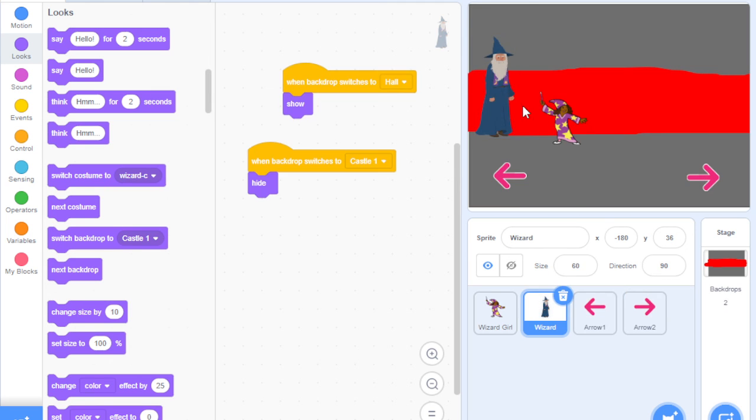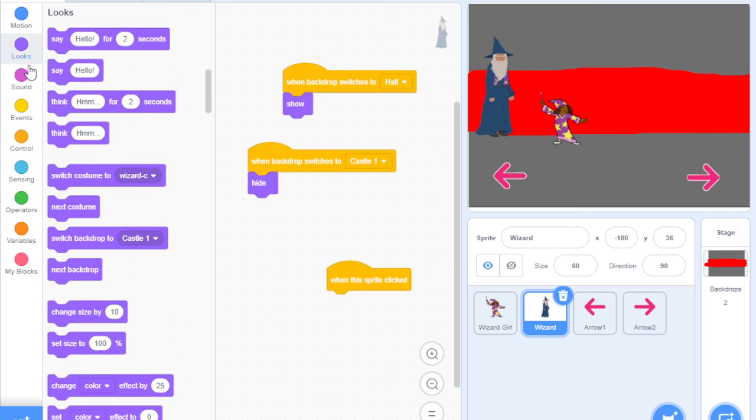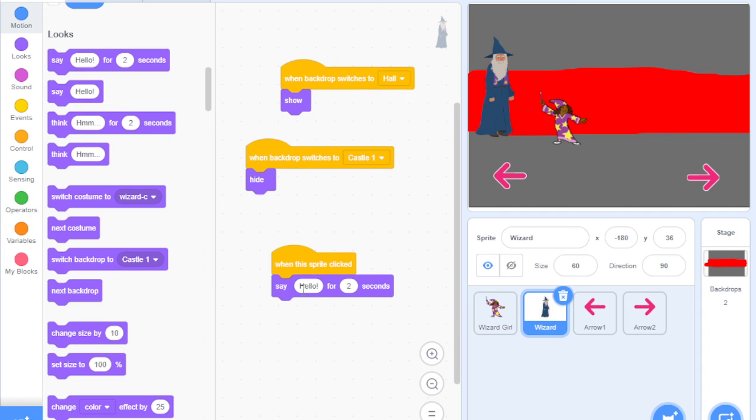But now we want this wizard to be talkable. So when this sprite is clicked, say, now you can put whatever you want. I'm just gonna say